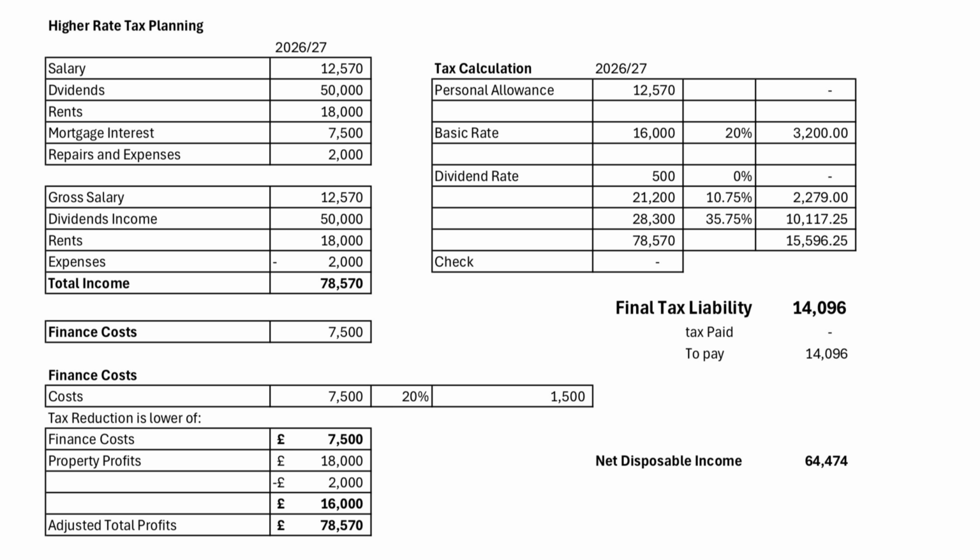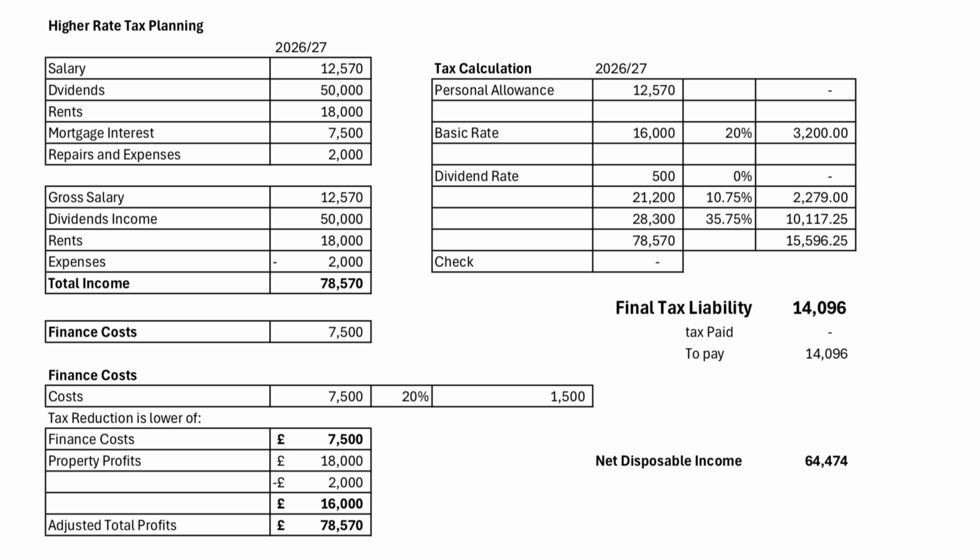Moving on to our higher rate tax calculation then, and what we need to consider when we are looking at that. We've kept our salary at our 12,570, which is the personal allowance at present, and our rents have gone up slightly because we've got a slightly different property in this example of 18,000, and our mortgage interest is 7.5, and our repairs and expenses are 2,000. So our total income is going to be our gross salary of 12,570. We've thrown dividends into the mix at 50,000. We've got our rents at 18 and our expenses of 2 to give us total income here of